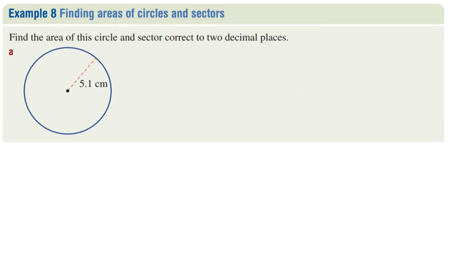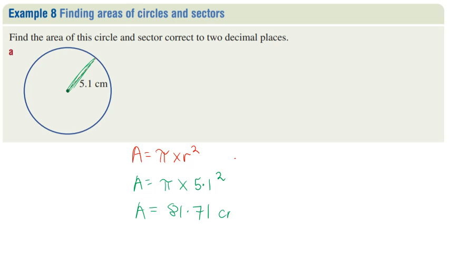The formula for the area of a circle is pi times r squared. It's slightly different to the formula for the circumference, so don't get confused. So pi times the radius, or the r, is 5.1 squared. Pop that in the calculator and that will give you